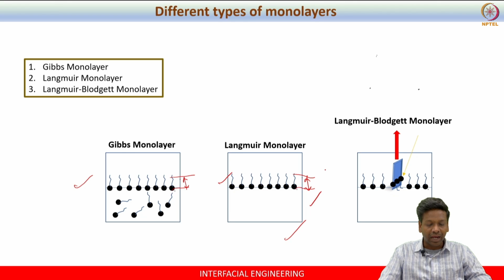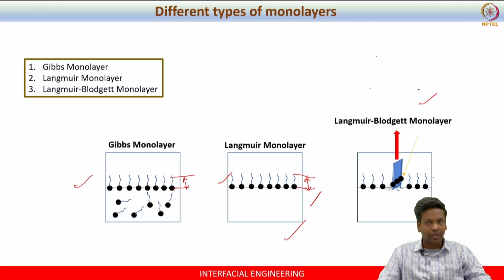This is nothing but Langmuir monolayer. Okay, so the other type of monolayer is Langmuir-Blodgett monolayer. It is very simple. It is the same as the Langmuir monolayer, but you will also have to include another module within the trough, which we will see shortly. So using that module, you can actually lift or transfer these films onto any suitable substrate of your interest.